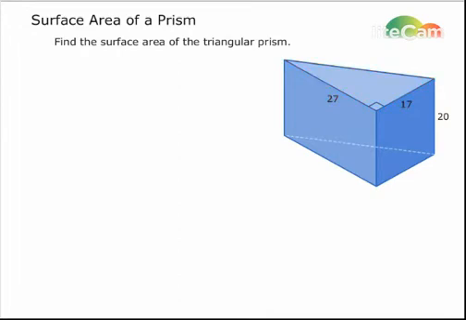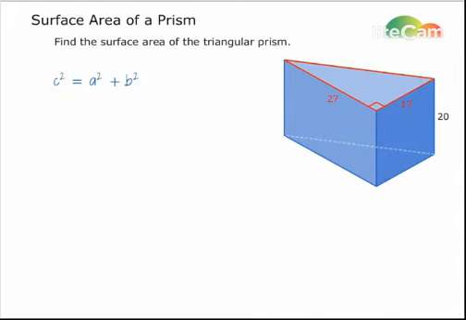The other measure we're given is the height of the prism, which is 20. Since we know the lengths of the legs of our triangular base, and since it's a right triangle, we can figure out the length of the hypotenuse. We'll use the Pythagorean theorem, c squared equals a squared plus b squared, to find the length of the hypotenuse,